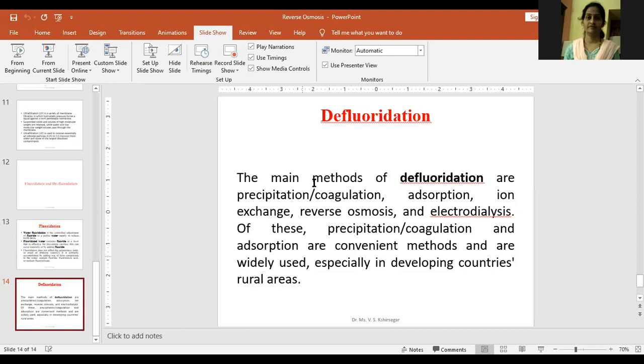Okay, so this is about defluoridation, and here we have finished the third chapter, and we are going to start the new chapter. So I request you to copy this slide at the earliest, and then we can move to the next slide. Okay, a little faster please. Once you're done, let me know. If you have any question, you can ask me. We'll solve that question first, and then we'll move forward.